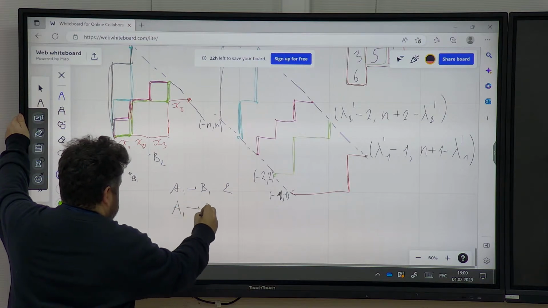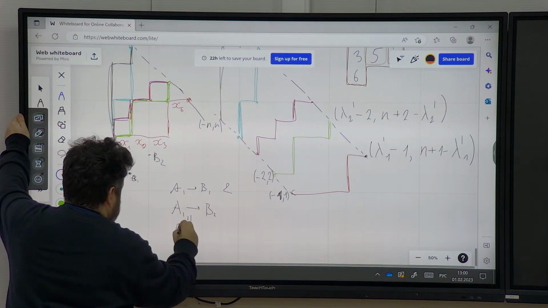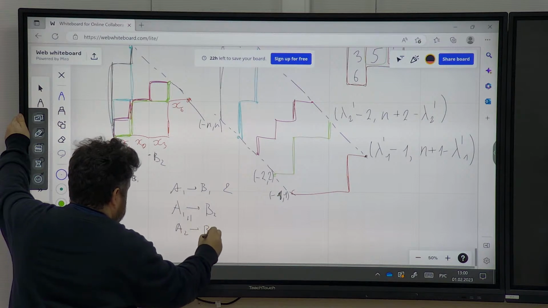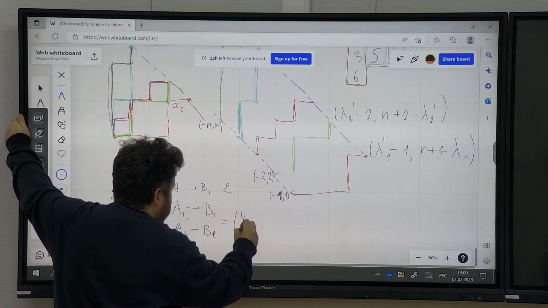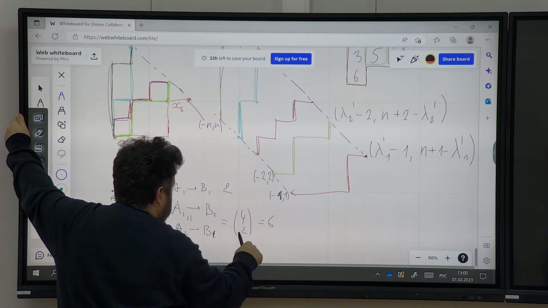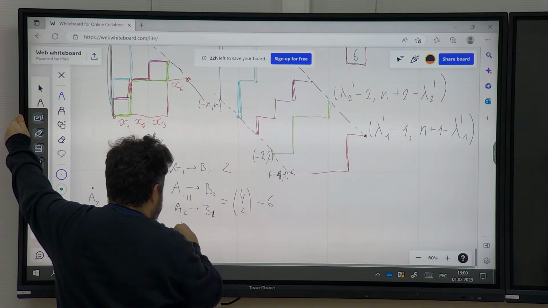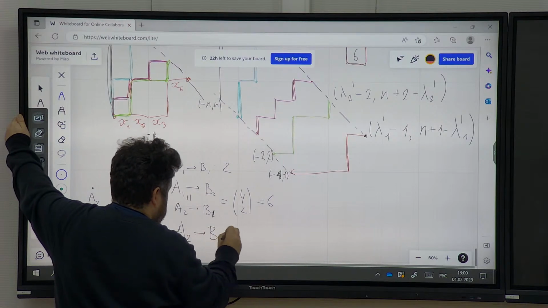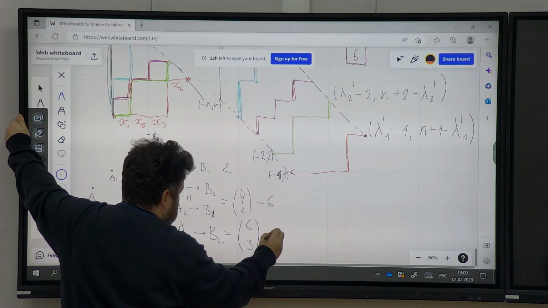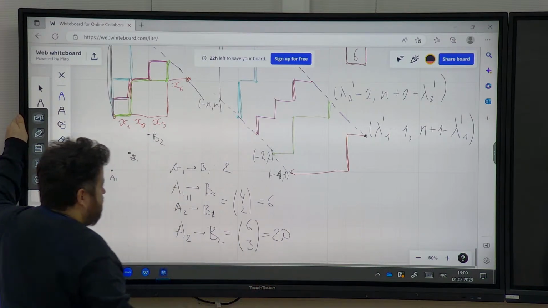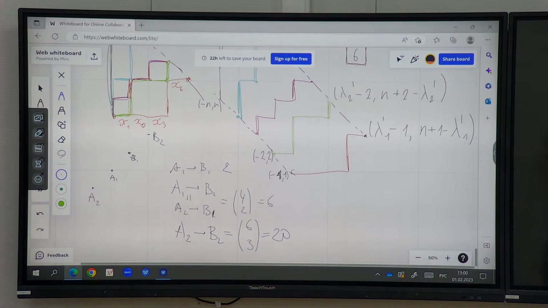A1 to B2 is the same as A2 to B1, this is 4 choose 2, this is 6, right? And A2 to B2, this is 6 choose 3, 20, right? So if you take now the determinant,